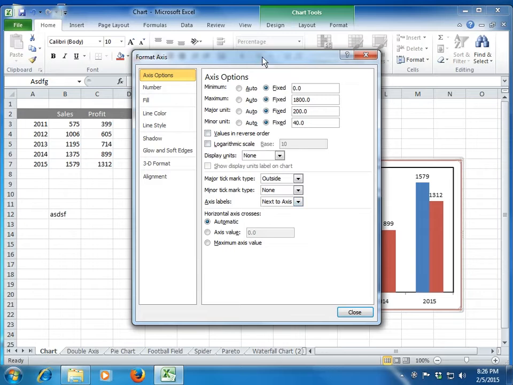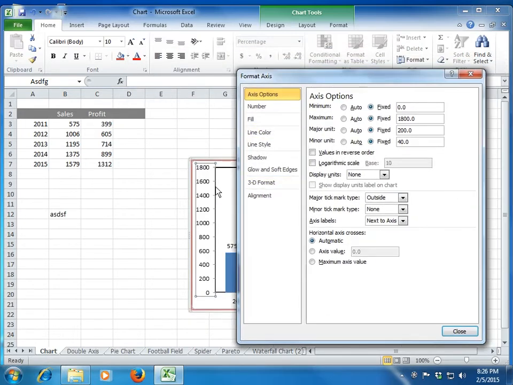Okay, now let me explain this feature. So you see these lines here, right? These are called the major and minor tick marks. Okay, so you can select whether you want or you don't want these tick marks. So you see that this tick mark is now gone. Okay, or you can select that it should be outside, or whether it should be inside, or whether it should be crossed. Okay, so you can select one of these options. Okay, generally some clients prefer not to have these excess tick marks. They don't like it. So do remember that.